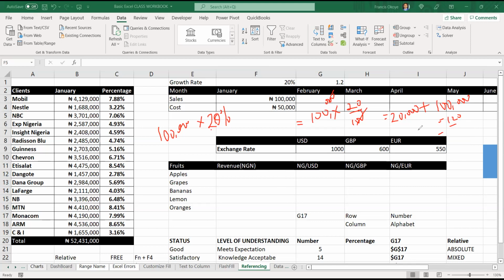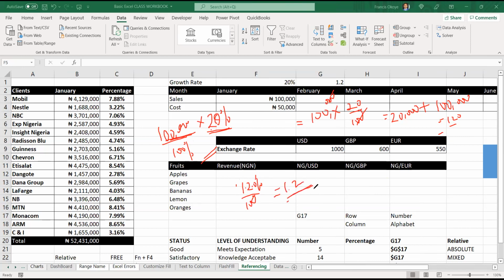In the same way, if I say increase by 20%, this 100,000 is 100%. So 100% plus 20%, what would that give you? 120%. So if I bring it to normal base, it will be 1.2.